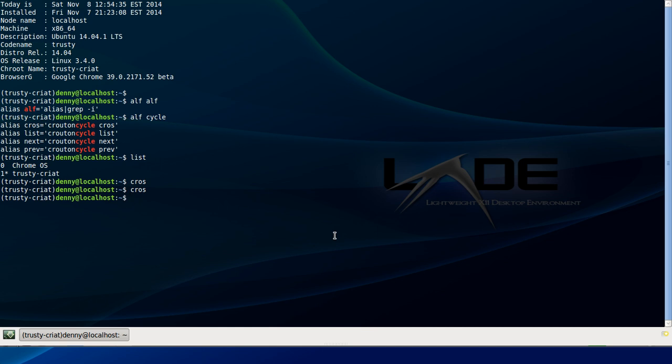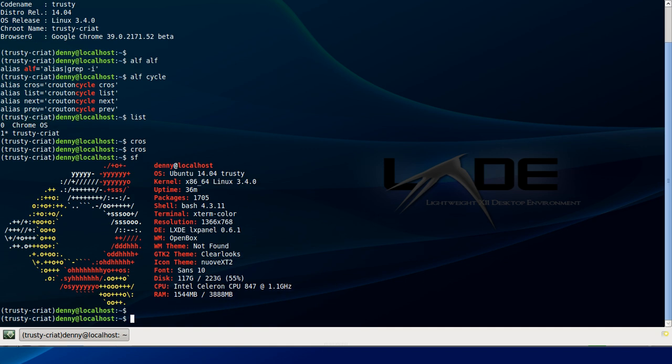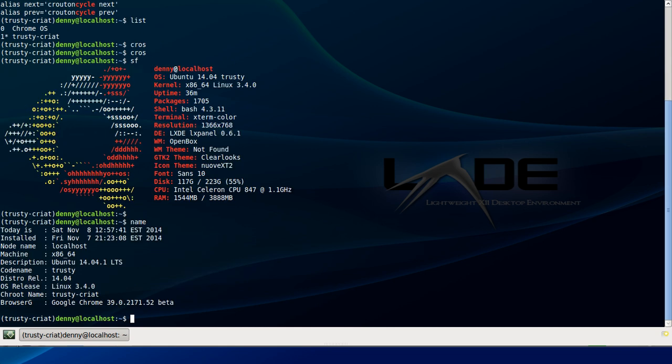And this is basically what I'm running. Screenfetch. It shows a little bit about what's on it and so forth. And I've got a little script called name that tells me almost the same thing. But anyway,